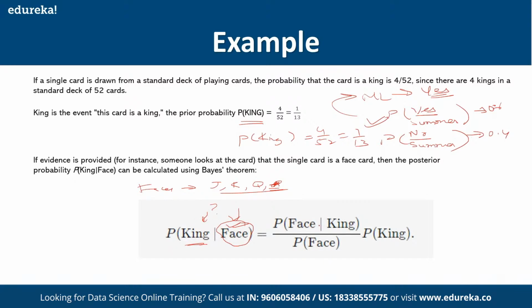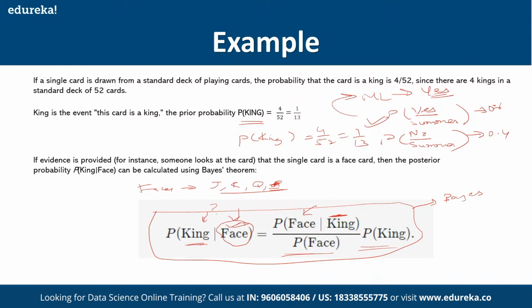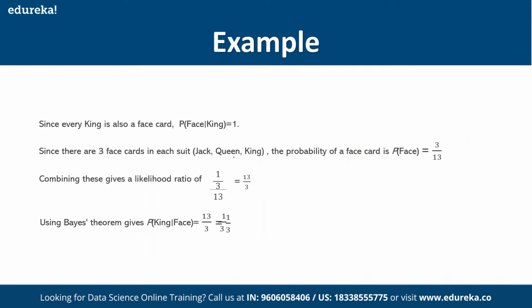Okay, so what will we do? We will first find the probability of a face card given king, multiplied by the probability of king, divided by the probability of face card. How did we get this? We get this from Bayes theorem. Now this we know: the probability of king is 1 by 13. Probability of face card is what? How many face cards are there in a deck? In a deck, jack, king and queen. The probability of face card, P of face, will be how much? Every set will have